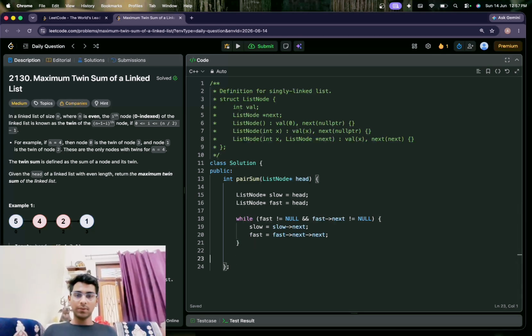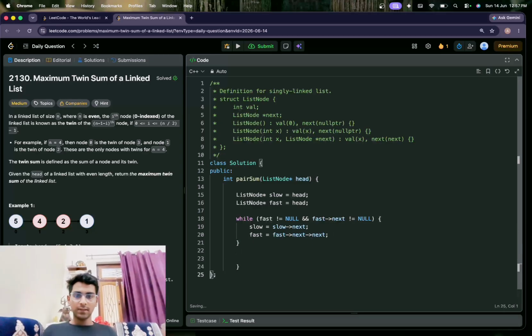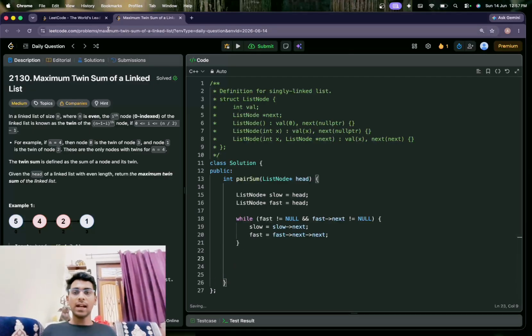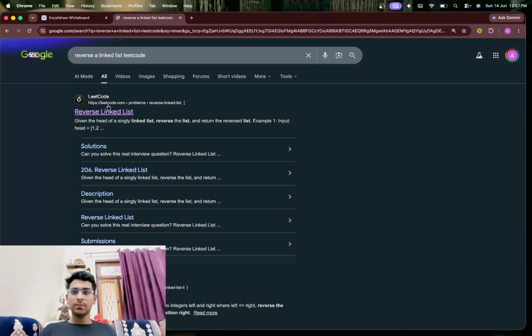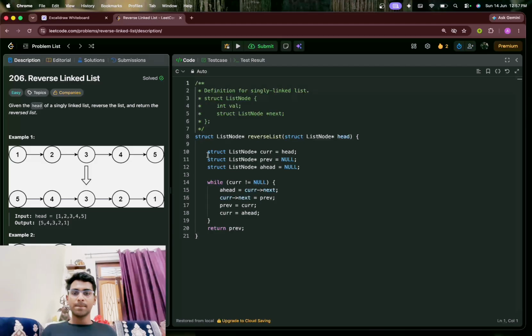After this, we have to simply reverse our linked list, and for that we'll also copy paste the code. We don't need to do it manually. Reverse a linked list. There it is.